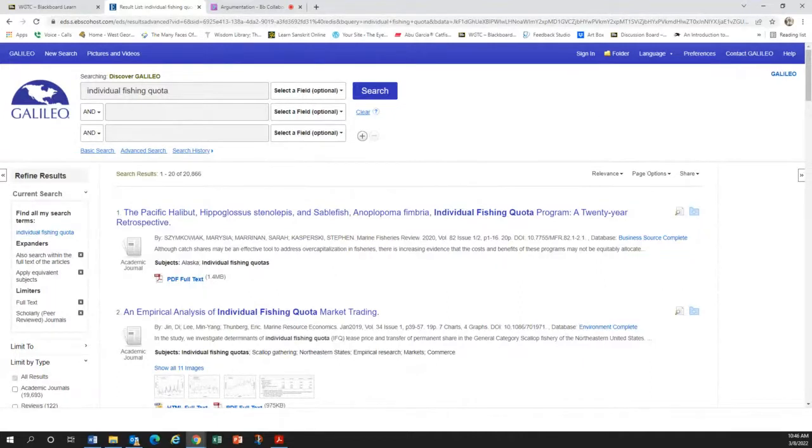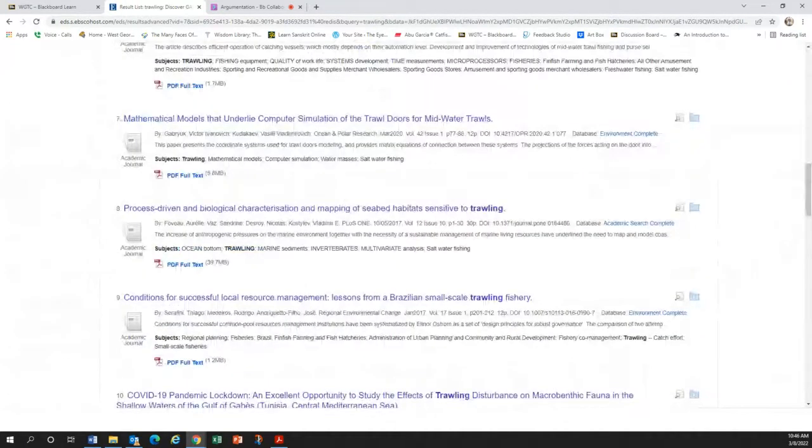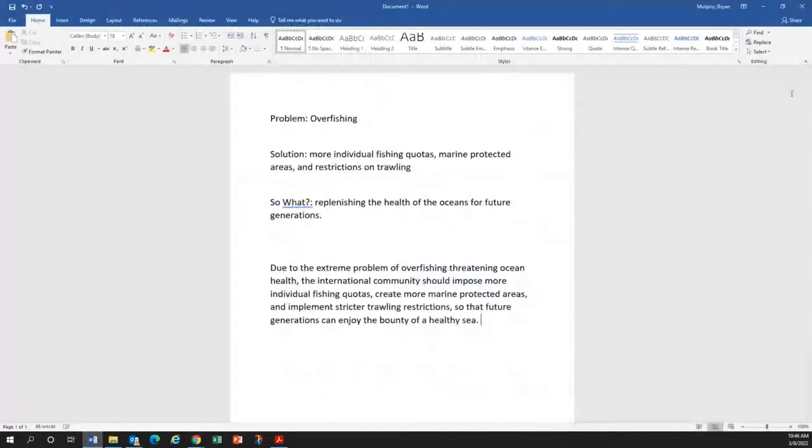You really only need 2 sources, which is probably too few. I would say 1 per paragraph is the best. So really, we're looking for 2 extra sources. We got lots of search terms. We got one for marine protected areas. We can get one for IFQ. If that doesn't work, we can type in trawling, see what comes up, right? But once we have our 3 pieces of evidence, then we go back to our thing, and what we do is